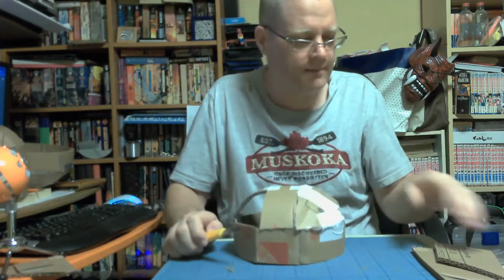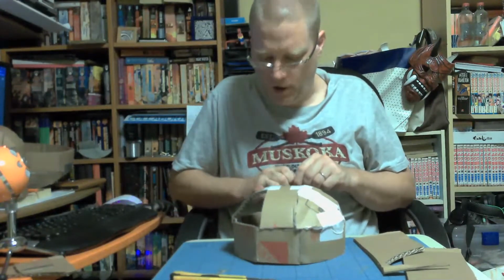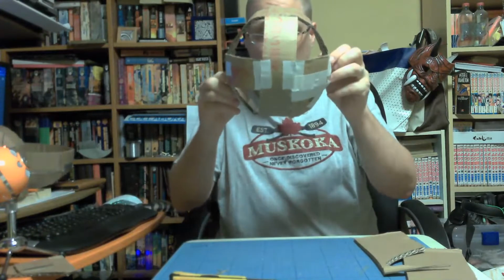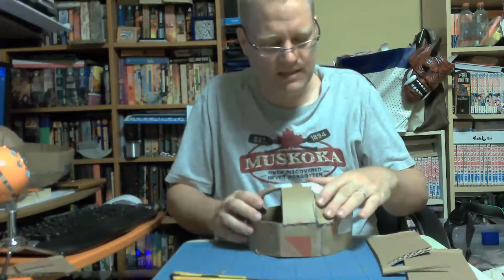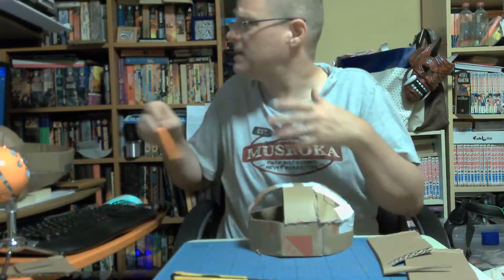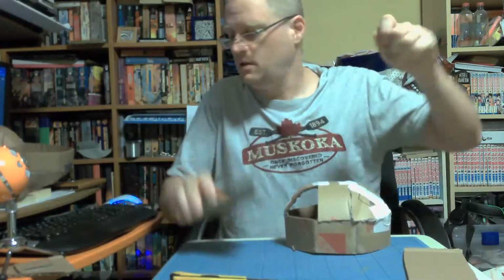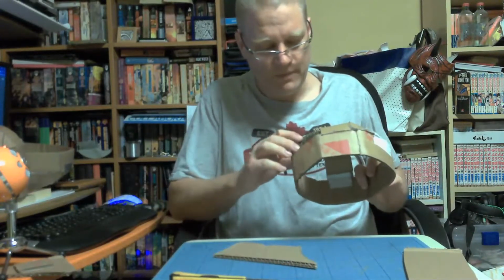Let's just do that one more time. Get the front done, and then we'll probably call it for the live stream. Just one more time. I don't know if that's the front or the back. It doesn't really matter, but that was the biggest gap. In theory, if you get it right, they should all be the same size to make it the nicest. But like I said, I'm not usually that exact. So we'll take this as the base,